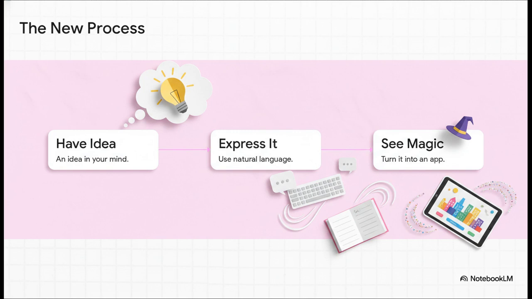It's basically just 3 steps now. Let's look at a really simple example. Say you want to build a custom app to track expenses for your small bakery. Step 1, you have the idea in your head. Step 2, you go to Replit and just type it in plain English. You literally just say, build me an app to track daily bakery expenses with a pie chart. Just exactly how you describe it to a friend. And then step 3, you just sit back and watch the magic happen as it builds the app right before your eyes. You just describe what you want and boom, that complex coding process is entirely eliminated.